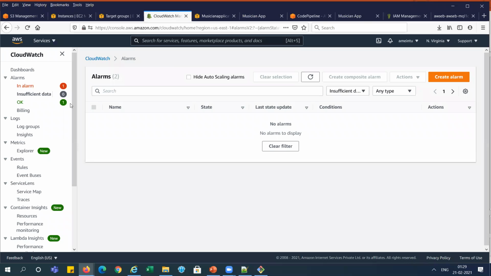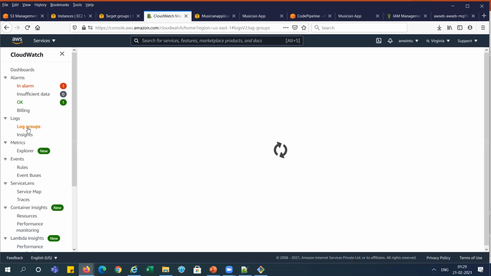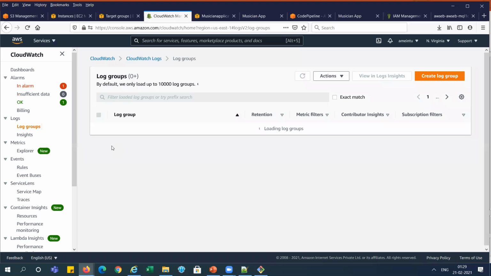So in CloudWatch, you can see the log group. No, it is not showing logs here. Okay, let me see the rules.